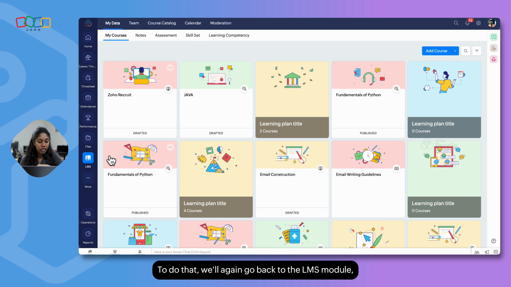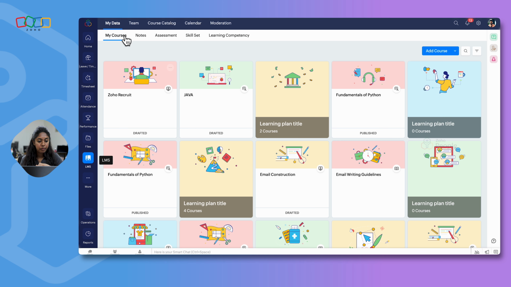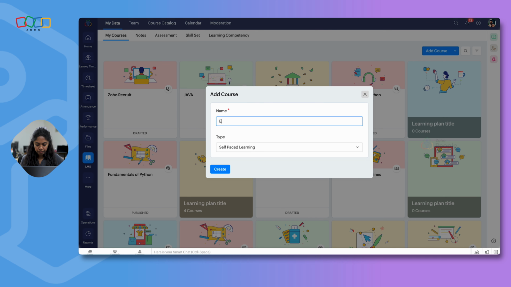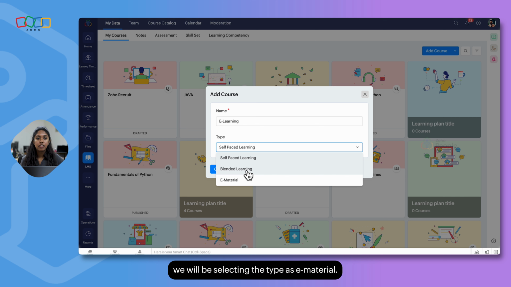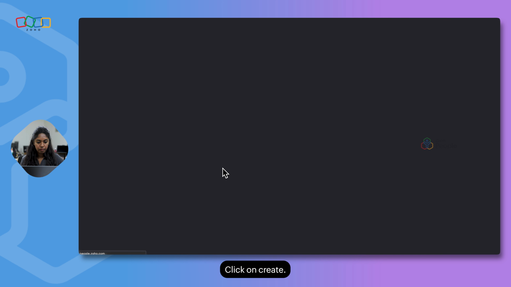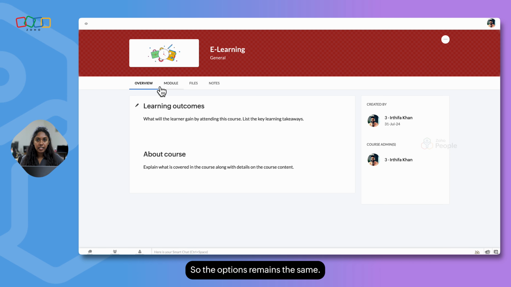To do that, we'll again go back to the LMS module, My Courses, click on Add Course, enter the course name. In this case, we will be selecting the type as e-material. Click on Create. So the options remain the same. Few options are same, that is the overview part, where you can edit the overview section of this particular e-material